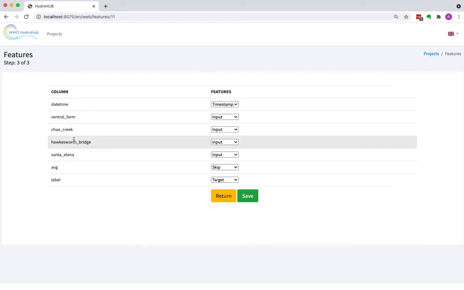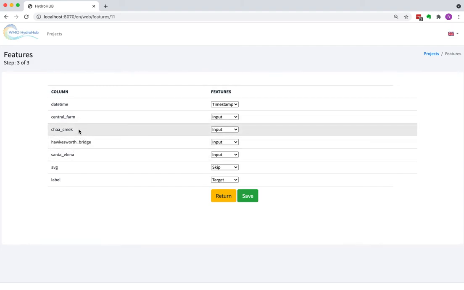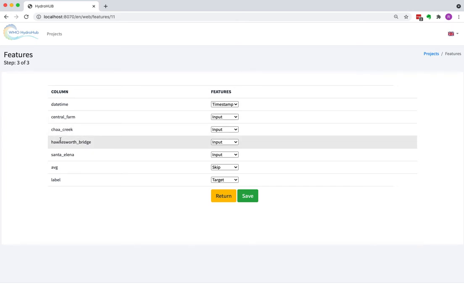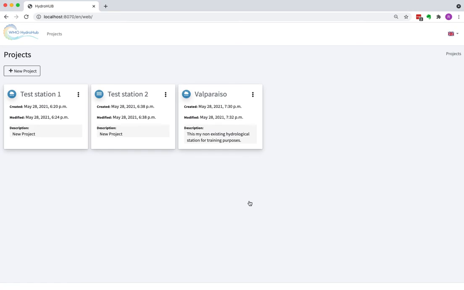So we are training a model to classify the values of the Hawksworth Bridge station, and we are going to use as inputs for this model the values of Hawksworth itself plus the other three stations that exist around this station. We are going to hit save, and now we have our station Valparaíso,